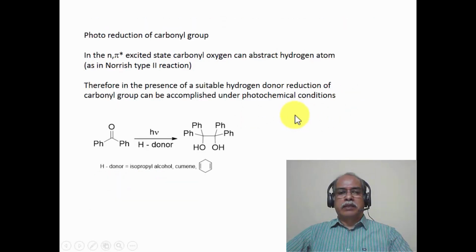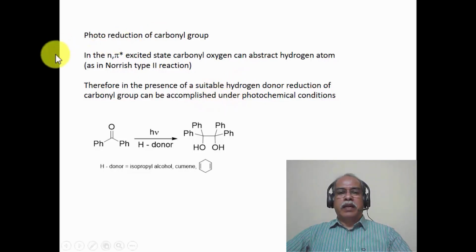Photoreduction of carbonyl compound is a very popular reaction in photochemistry. In the n-pi star excited state, carbonyl oxygen abstracts a hydrogen atom. This is typically what we saw in the Norrish type 2 reaction in the earlier module. This is essentially reduction of a carbonyl functional group. Therefore, in the presence of a suitable hydrogen donor, the reduction of the carbonyl group can be accomplished under photochemical